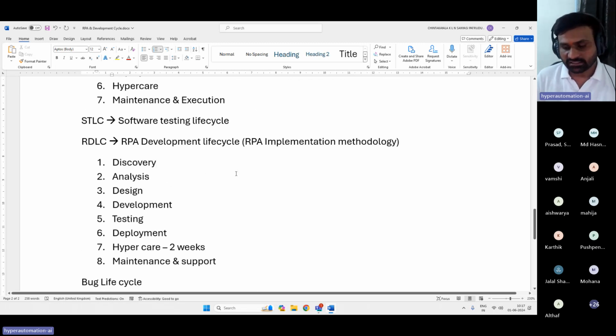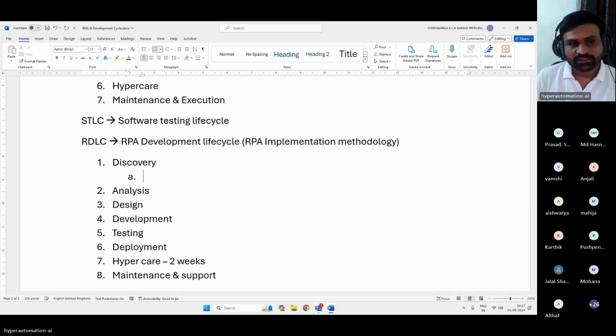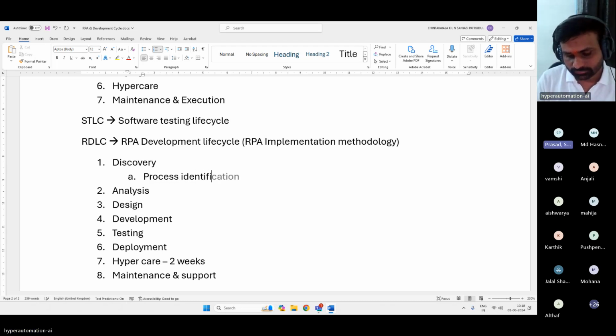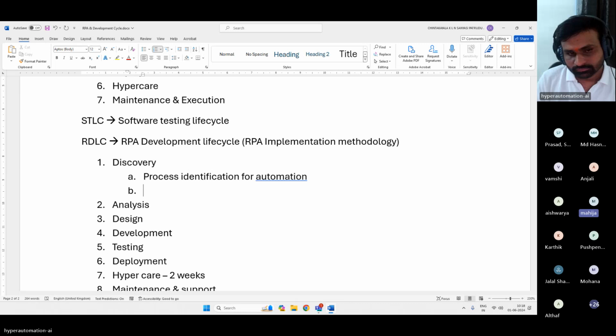First, let us understand each of these. Discovery phase. Generally, what will be performed in the discovery? Anyone, guys? Just the CS person will show us how they are doing the process manually, each and every step, so that we can estimate if it can be automated or not.